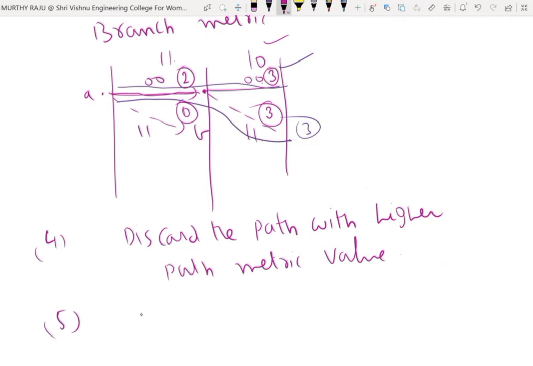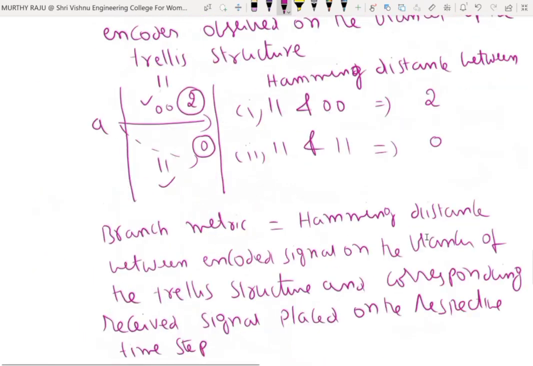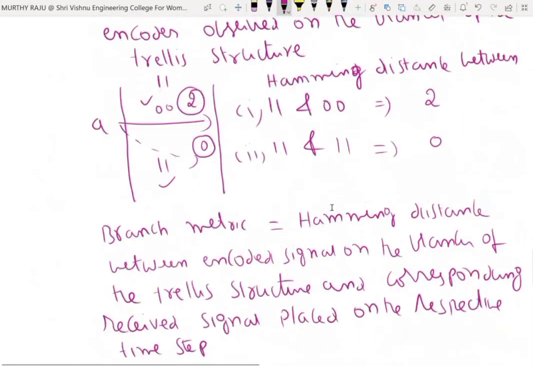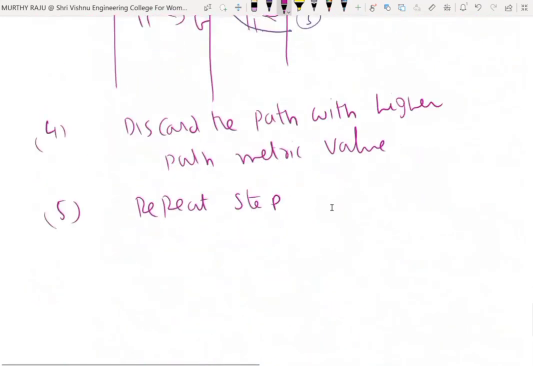Next one. Repeat step 2. Step 2 means find out the Hamming distance. Repeat step 2 and step 3